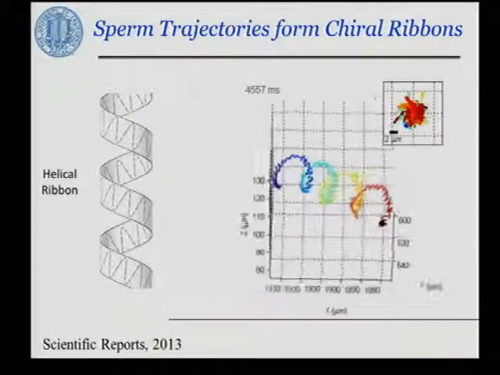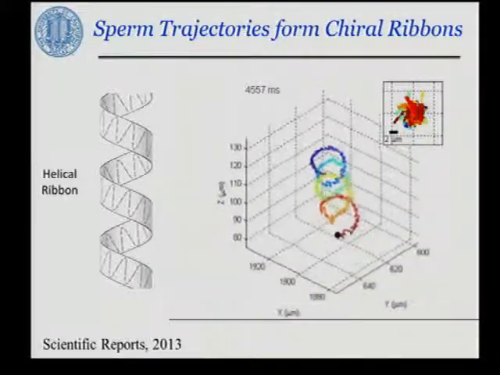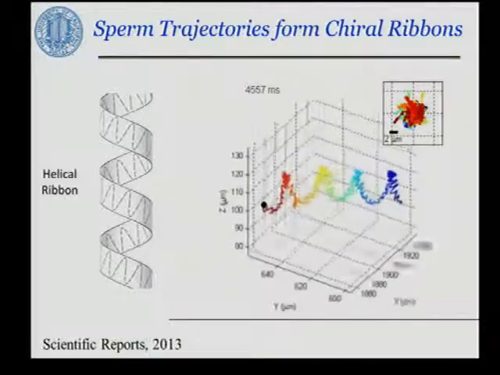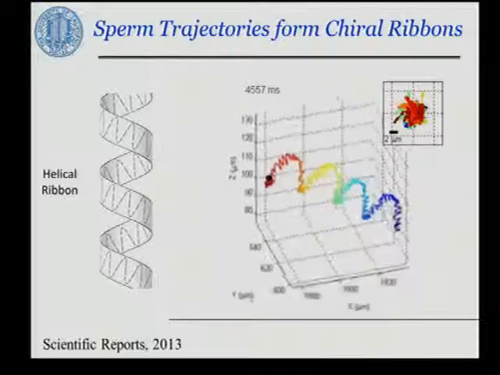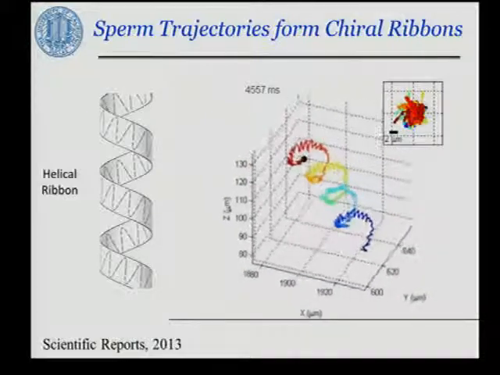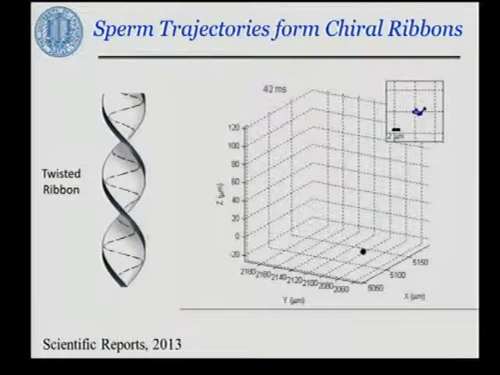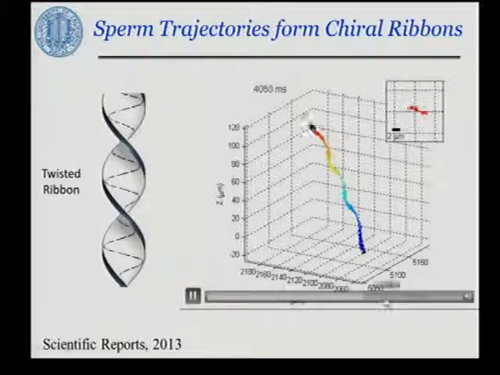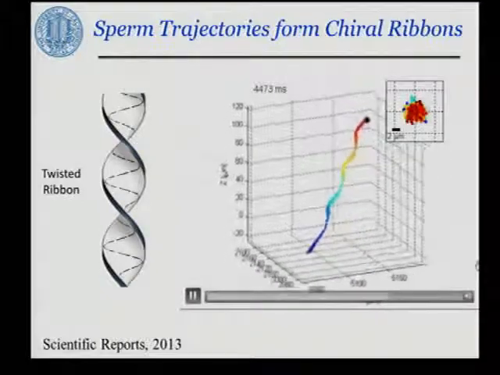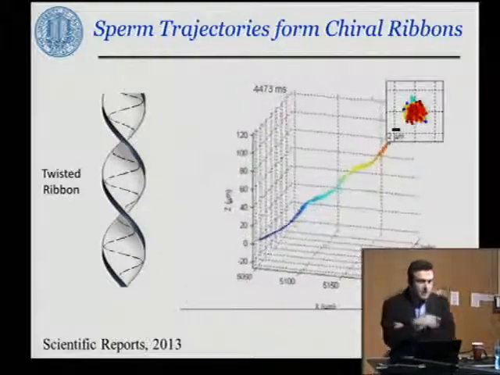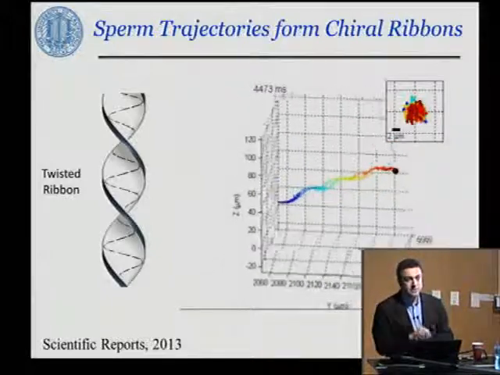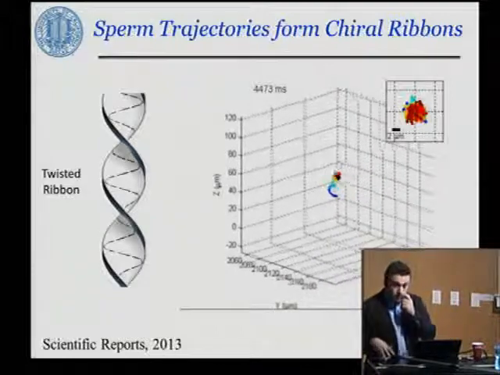Obviously, this is quite a regular pattern that can be mathematically formalized with a beautiful function. But at the same time, it's the first time that these kinds of regular patterns have been observed in a microswimmer system. It's another one. It's also the same horse species. And this is a twisted ribbon, which I'll fast forward, giving you also the different perspectives. This one is also an interesting function. It's a minimal surface. It exhibits zero net curvature.